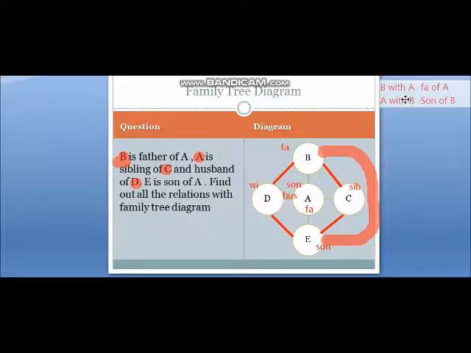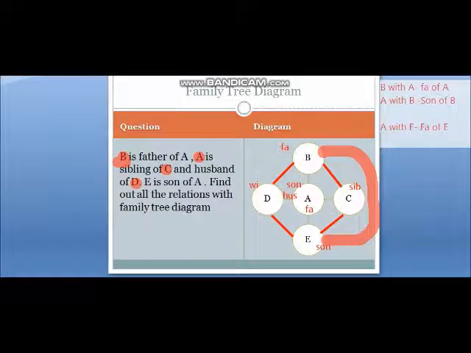ओके. सो फर्स्ट आपको जो भी फर्स्ट पूछा गया है you have to write the designation, you have to write the relation of that person first of second person. Okay. Now if you are going to consider A and E, then what will happen? A with E. So what you are going to write? Father of E. Do not write कि E is son of A, वो गलत हो जाएगा. ठीक है. You have to write father of E.